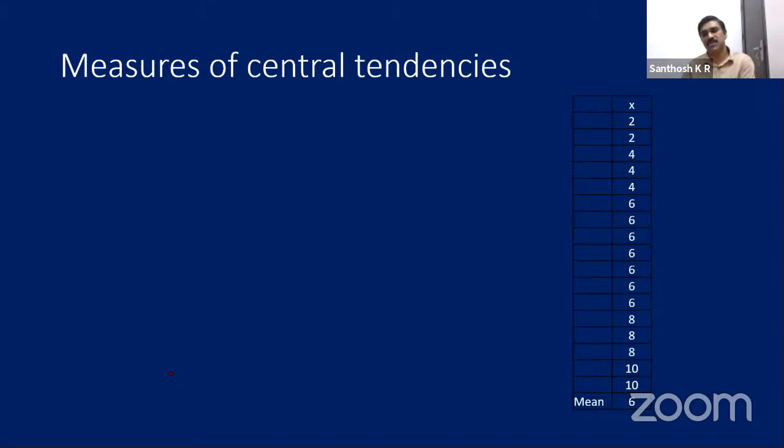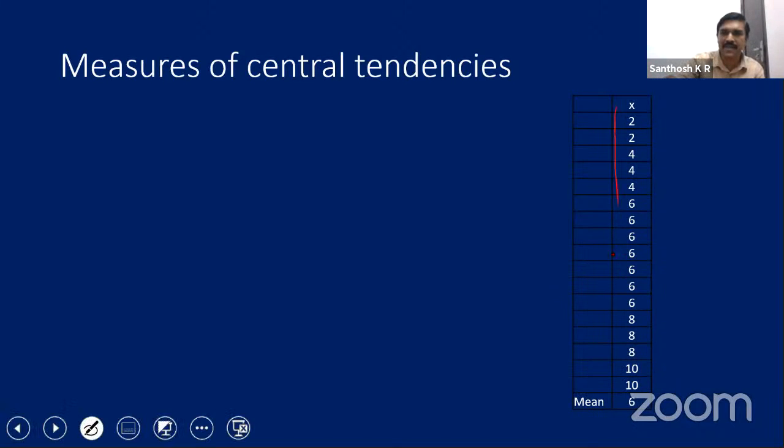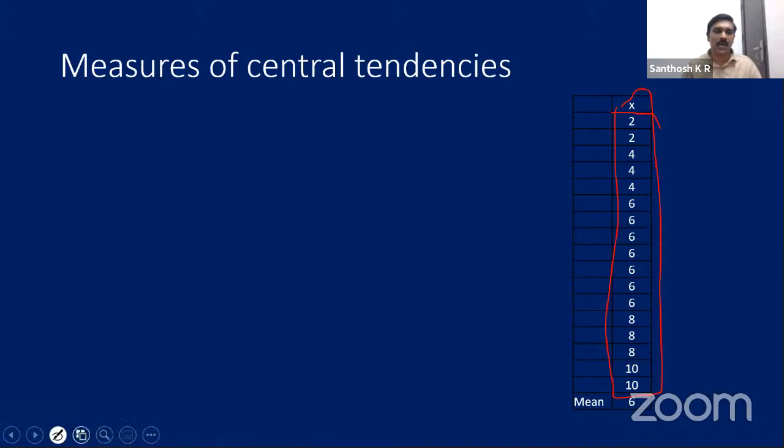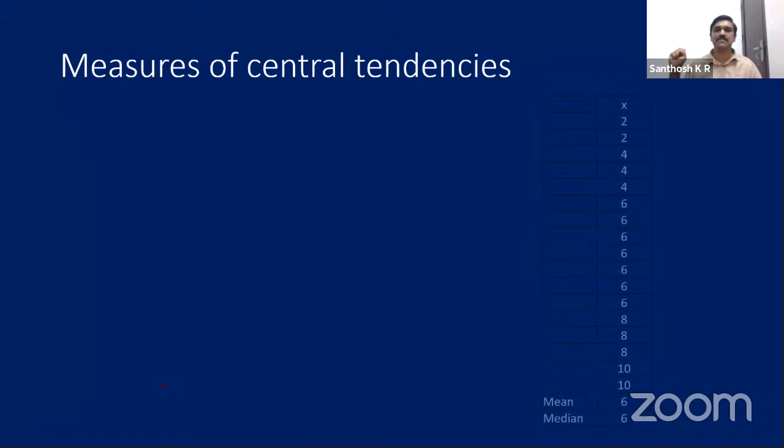Mean, I think everybody knows. Mean is a kind of average. When we add all these values together, and there are so many values here, we are adding all these values together and then dividing by the total number of values. So that is considered as the mean. We used to call this an average also. But there are other types of averages. One other type of average is median.